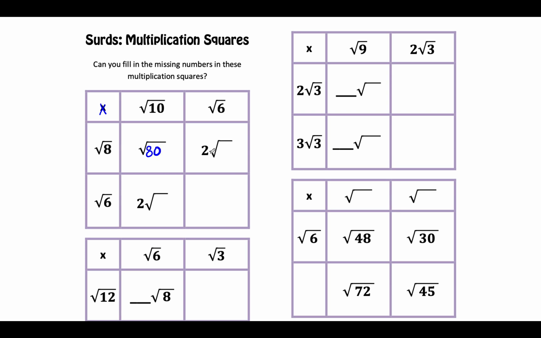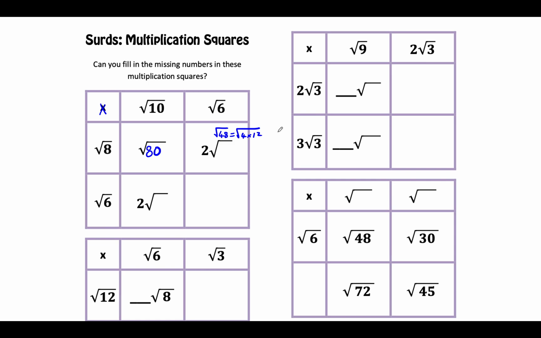Now, what about this one? This one does have a 2 at the front, so it wants it to be simplified to that. But first of all, I'm going to times root 8 and root 6 together. Well, 6 eights are 48. Now I need to simplify that to get 2 at the front. That means I need to simplify this to be 4 times something. That's the square number I'm looking for. 4 times 12